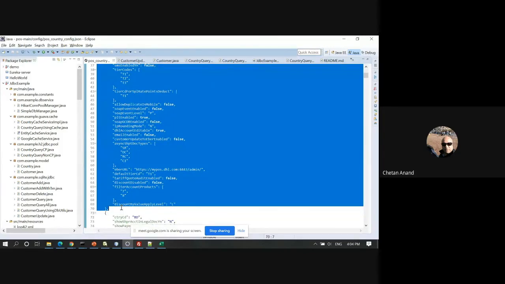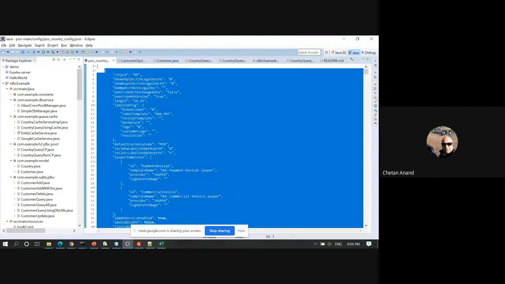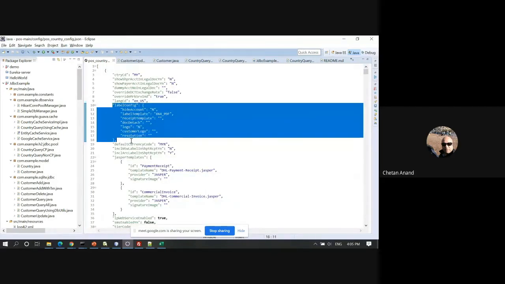Each country is one object. Country code is directly mapped to a field called country code within the Java object. And when you see label here, that means this itself is another POJO,